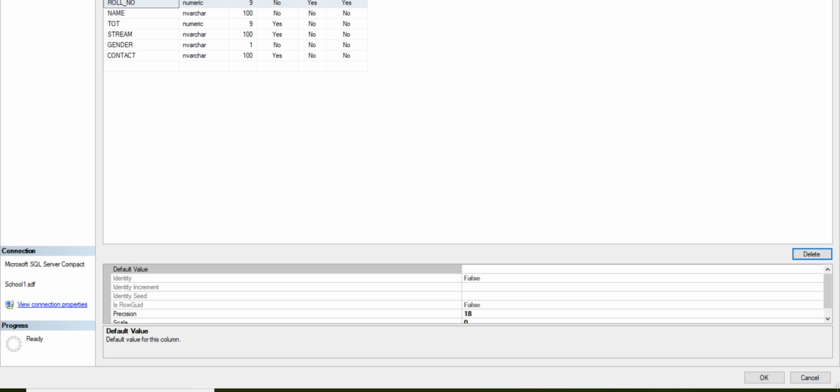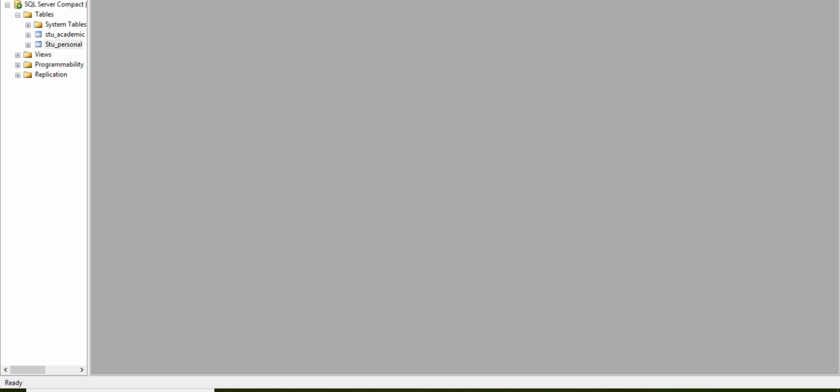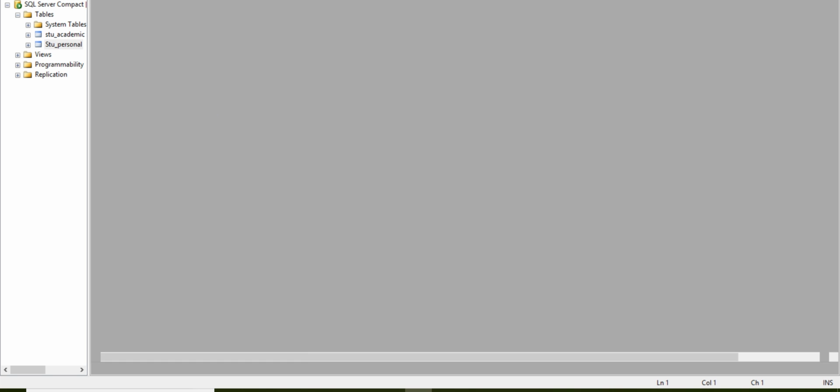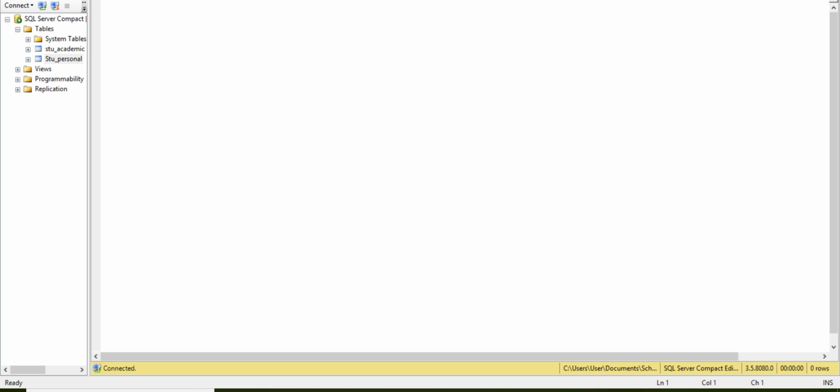And if you want to see other things, like a new query, you can select it as it supports all the structured query languages.